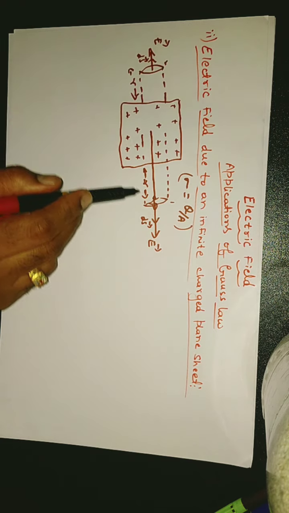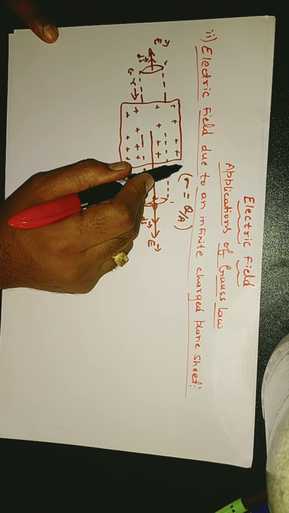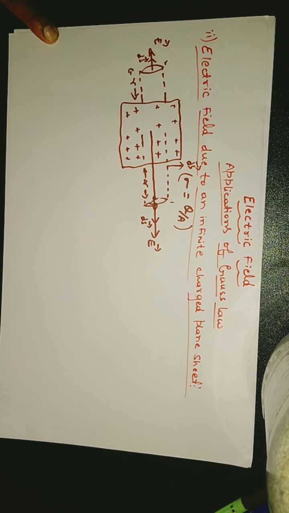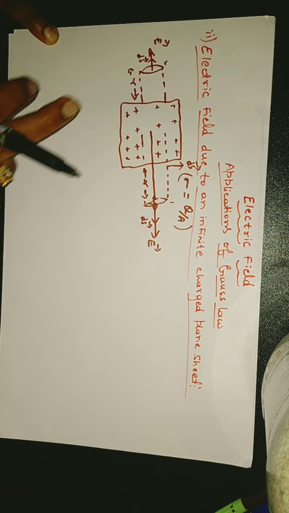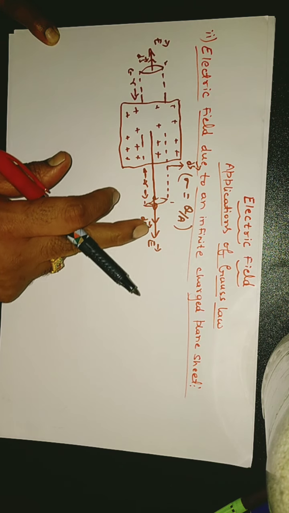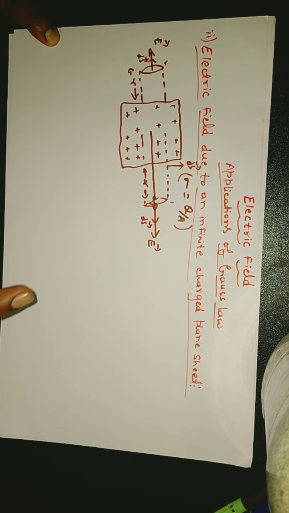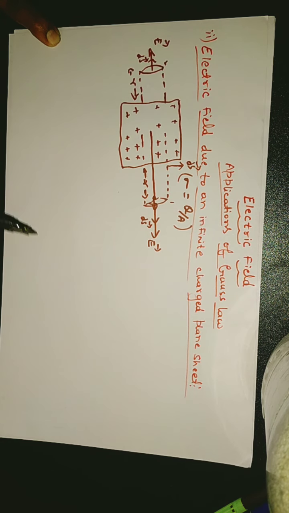Whereas in the cylindrical part, this is the direction of the unit vector here. The angle between the direction of the electric field and the unit vector will be equal to 90 degree. So due to the cylindrical part, theta is 90 degree, whereas at the end caps theta is 0 degree. What is theta here? The angle between the direction of the electric field and the normal to the surface.